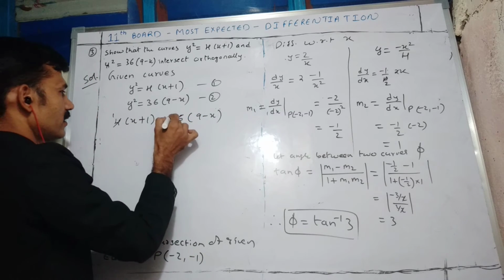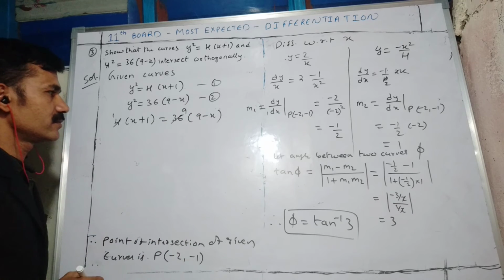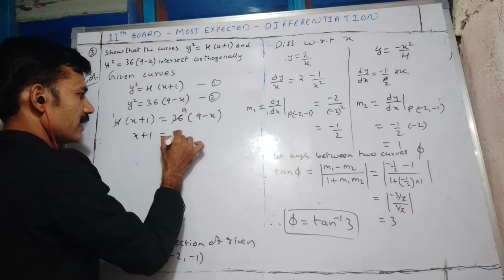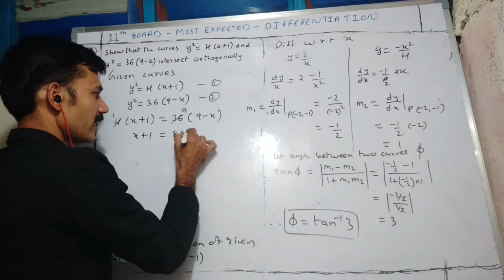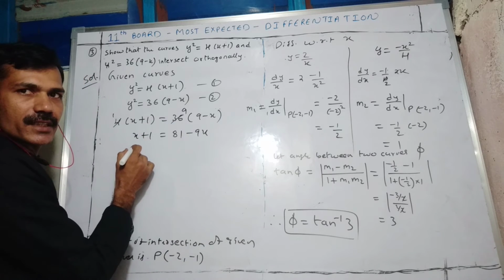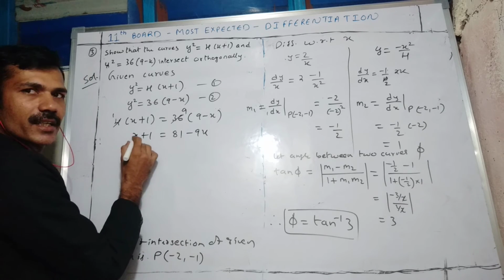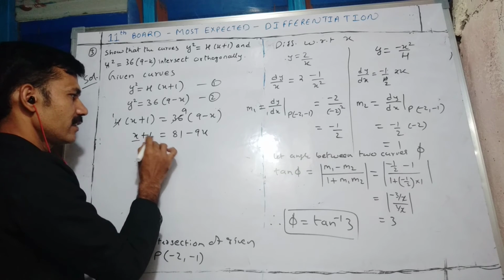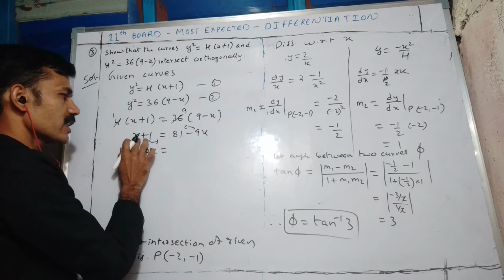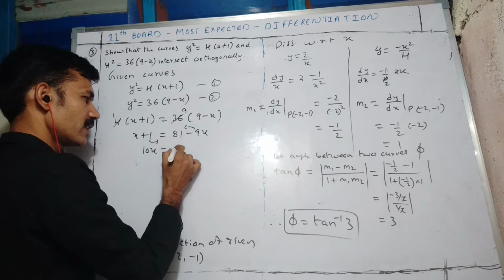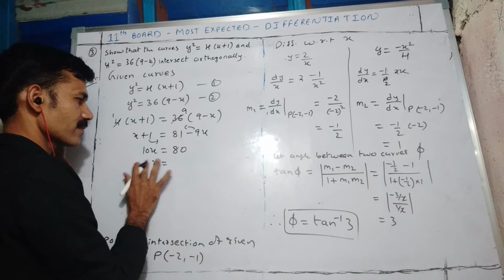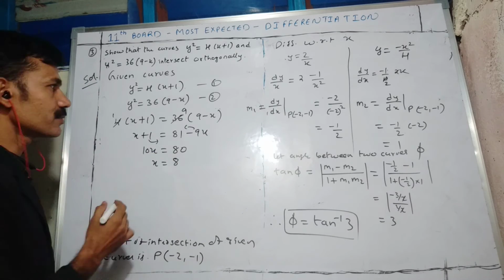4 1s are 4, 9s are. Okay. Now see what we are going to get. It is 9 times 9, that means 81. 9 times x. Transpose to one side. 9x, if it comes to this side, plus 9x. Here already x is there, so 10x we will get. 81, this if you transpose to that side, plus 1 if you transpose to that side, minus 1. 81 minus 1, 80 we are going to get. 10 times x is 80, then x is 8. The x value we got is 8.